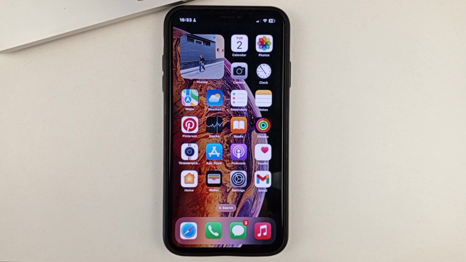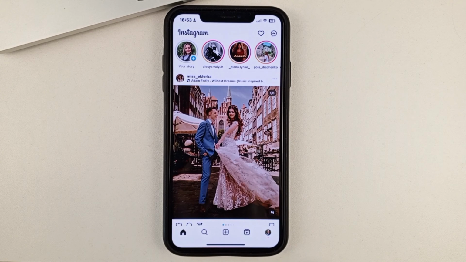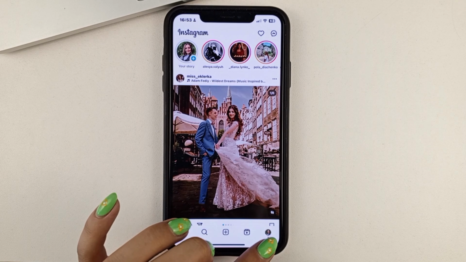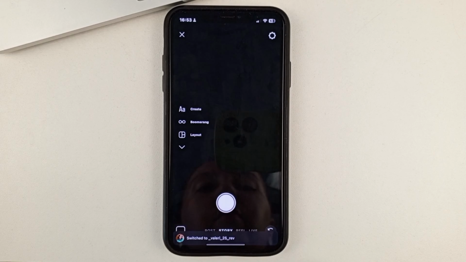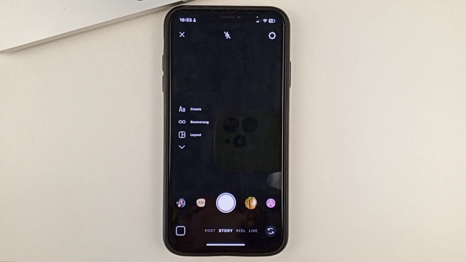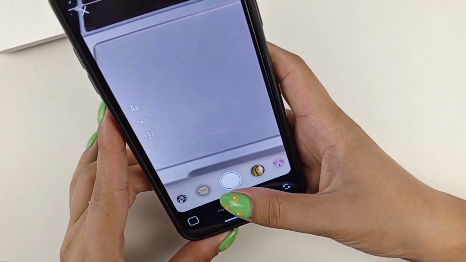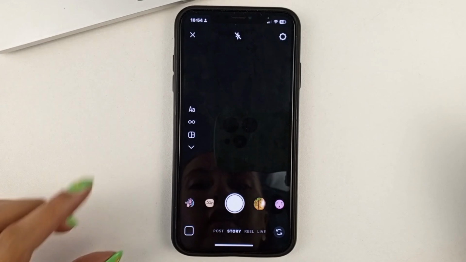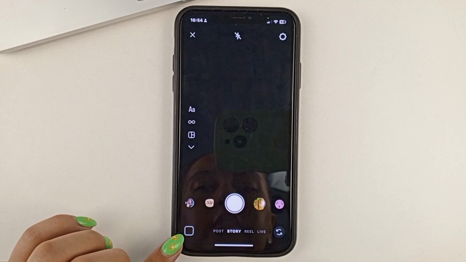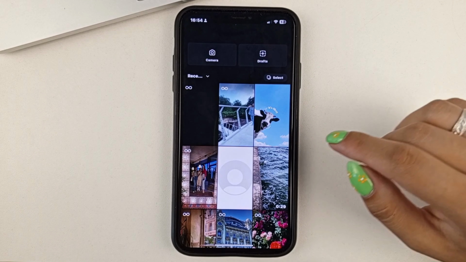So, let's get started. Please open the Instagram app on your phone. Next, swipe from the right side to the left side. This will take you to the story creation. And here you can either take a photo with your Instagram camera, or you can upload a photo if you tap right here in the bottom left corner, and it'll take you to your galleries. So you can select some photo one here.